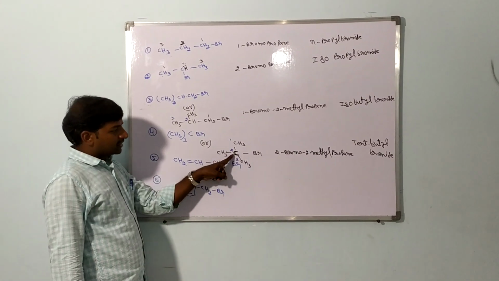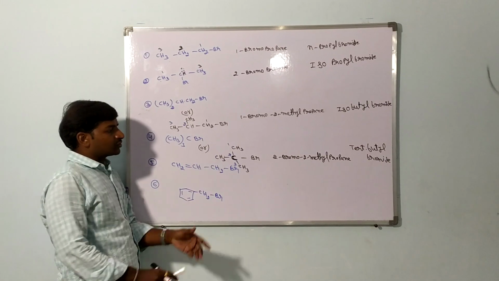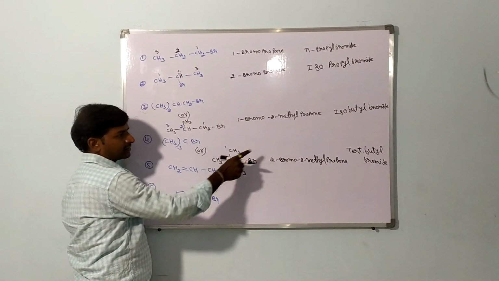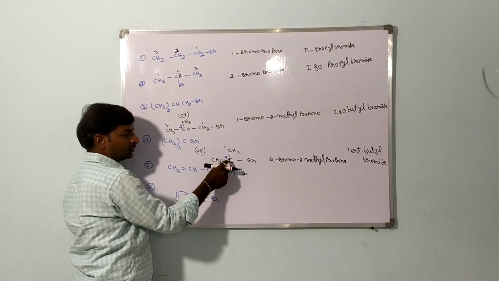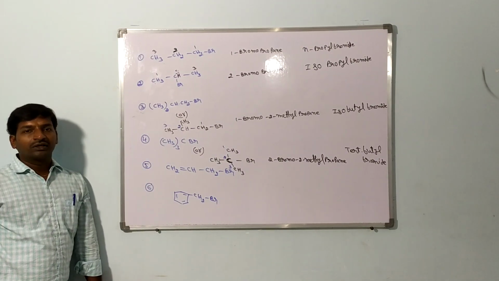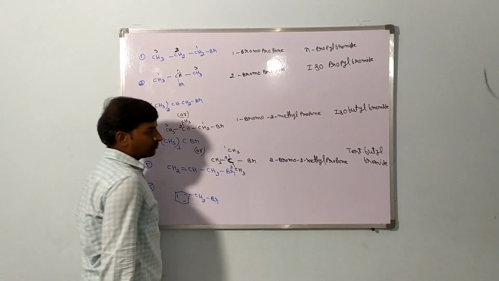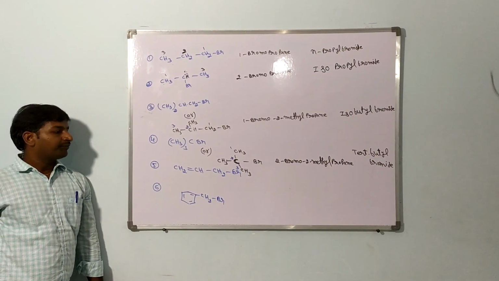So bromine attached carbon. If you consider this carbon, this carbon is directly attached to 3 carbons. This one, and this one. So total 3 carbons are there. So that's why this is the tertiary carbon. Total 4 carbons are there. 1, 2, 3, 4. So that's a but. Common name we can add the YL. Tertiary butyl. So that is a bromine, we can write it as a bromide, tertiary butyl bromide.